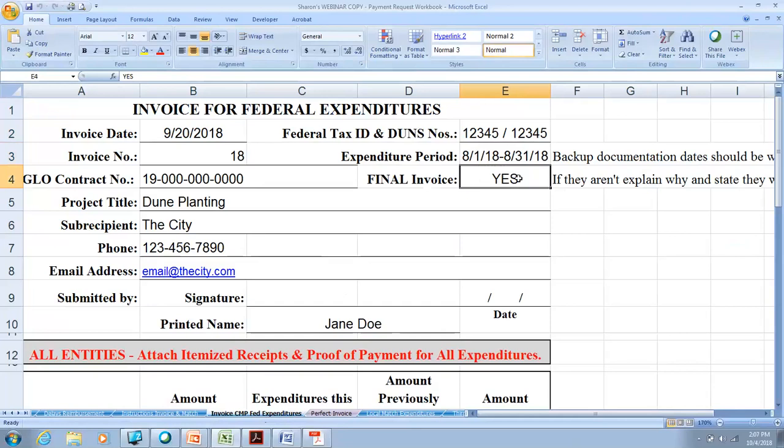You can either type in that, or, and I'm not sure if you can, you may have to print this out and circle it. It may be a protected field. But anyway, however you can do it, please indicate whether this is your final invoice or no, it's not your final invoice. Put your GLO contract number here, and please put your project title here,